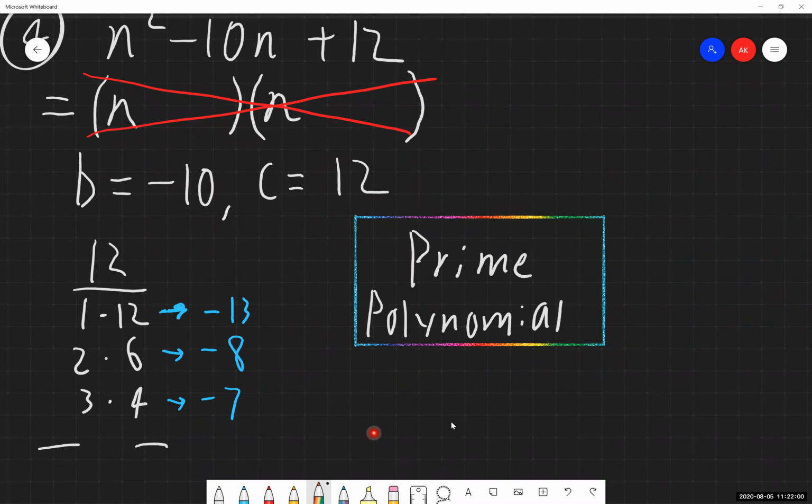So again, if you're going to be labeling something as a prime polynomial, which does show up, it's not uncommon, make sure you go through the entire process. Make sure you have every single factor pair listed out, because a lot of people will miss 1 or 2 factor pairs, and then suddenly that might be the one that they're missing. Make sure we've listed all the factor pairs and done all the number crunching to see what that creates for us. If nothing works on that front, then we have a prime polynomial and we can't do anything else with this thing, and we're done.